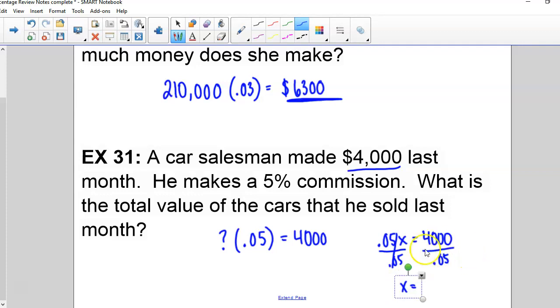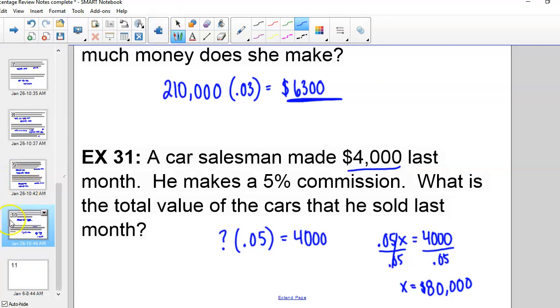And so if you do that, 80,000, is that what we get? I'm trusting you guys, so somebody double check. So I have $80,000. So if the salesman made $4,000, he sold $80,000 worth of cars. Okay. Questions? All right. So what we are going to, because we're going to work on IXL while I